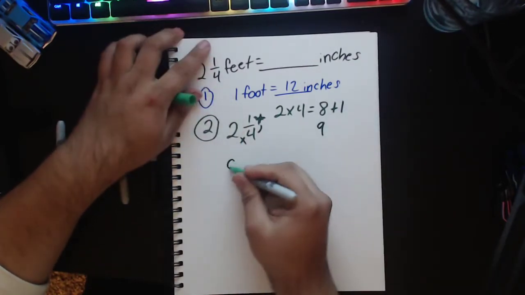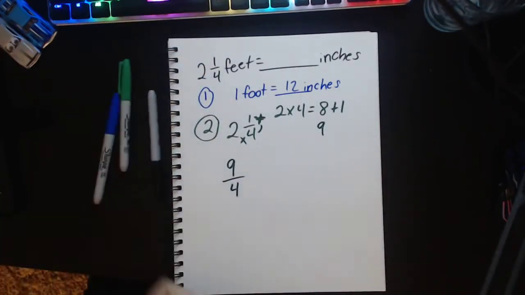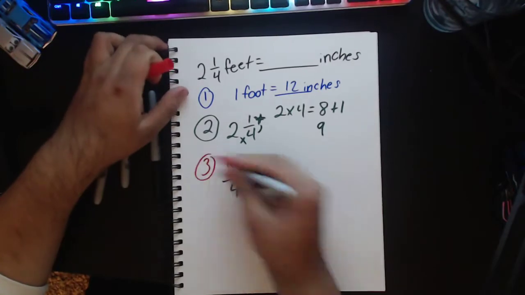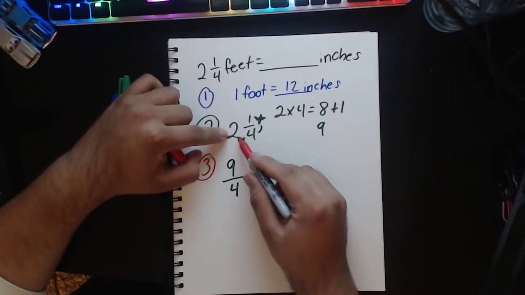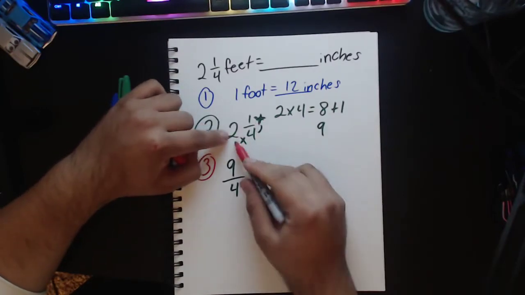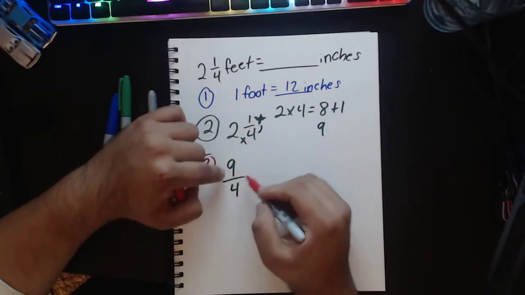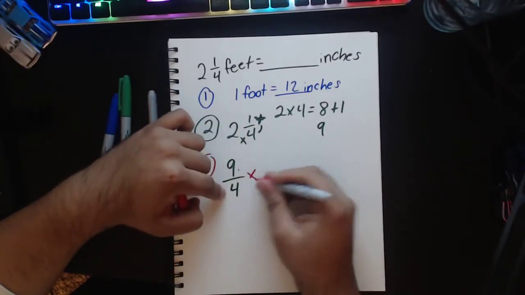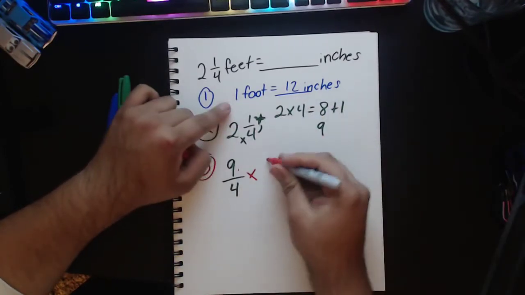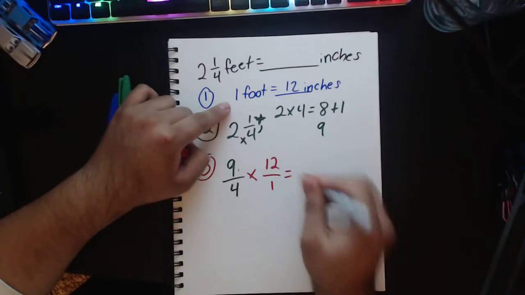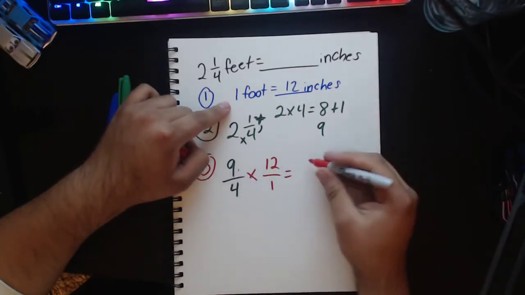So my new number is 9/4. Now, my third step is to multiply my new number, because remember, I turned this mixed number into an improper fraction by going 2 times 4 is 8, 8 plus 1 is 9. So 9/4 times my 12 inches, because I'm going from a big unit to a small unit. So times 12 over 1. Well, I know that 9 times 12 is going to give me